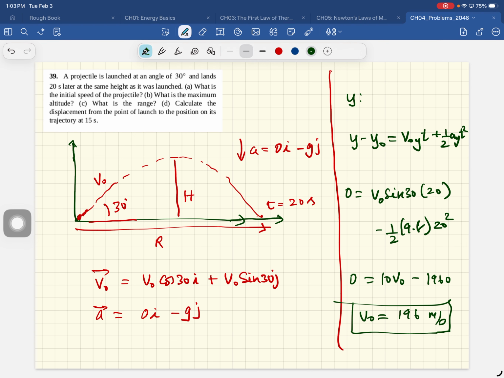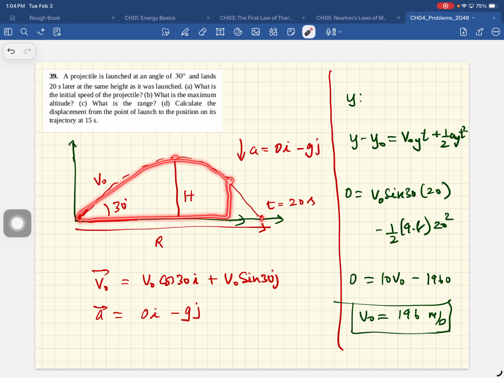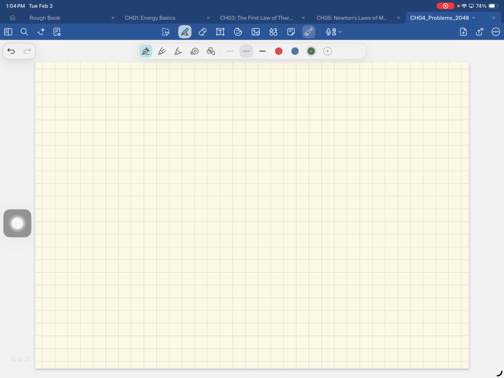Calculate the displacement from the point of launch. So now part D, they ask you to calculate the displacement from the point of launch to the position on its trajectory at 15 seconds. So there it was at 20 seconds, there it is in 10 seconds, so it's somewhere here in 15 seconds. Okay, so what you want to calculate is its x coordinate and its y coordinate at 15 seconds. So x minus x naught equal to